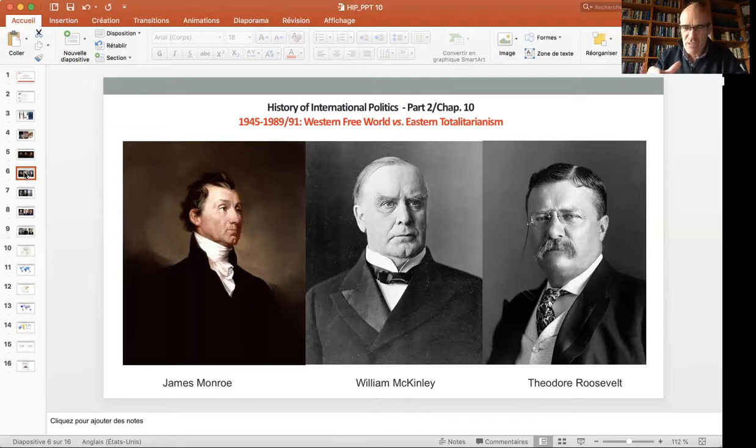So the Monroe Doctrine is a defensive doctrine. It contains potentially offensive or imperialist elements. We'll come back to this, but at the very beginning, given the then context characterized by the eagerness of the Europeans, or some Europeans, to intervene in the Western Hemisphere, it is basically a defensive doctrine. Listen to the Monroe Doctrine.